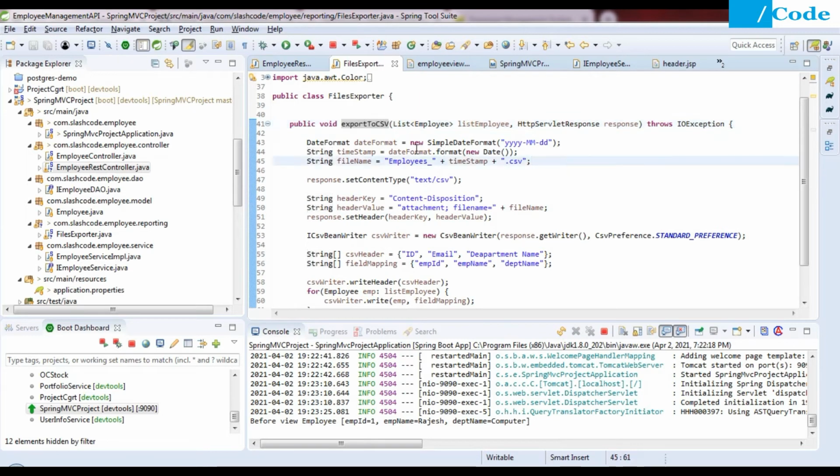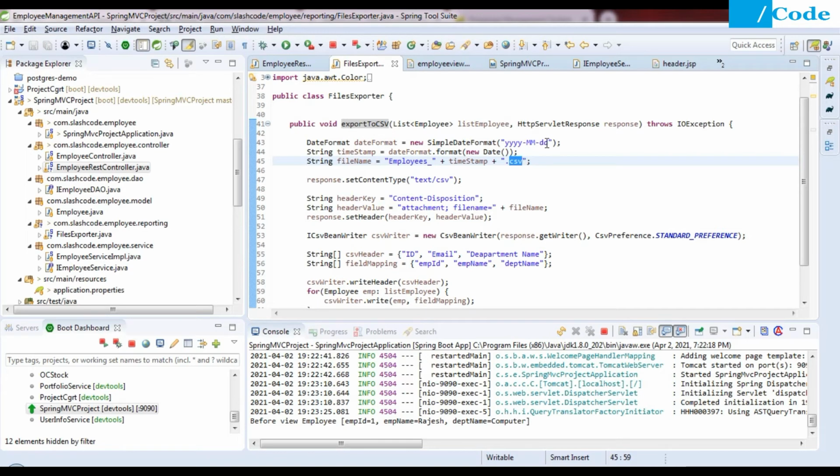First we need to define the date and time, like today's date and time that we want for this file. The file name should be employees, then the timestamp, and then the dot CSV format. We need to get that date time in the required format. You can define any format.